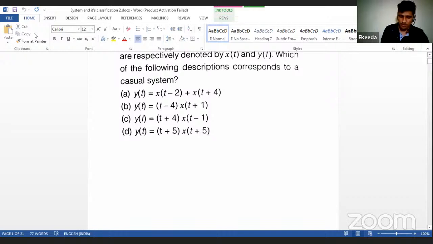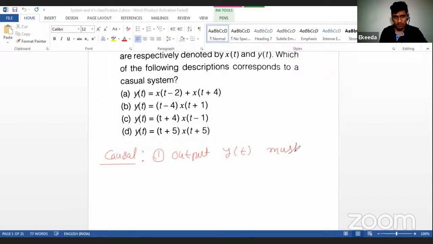So they have given an input output relationship and they are just asking which one of the following is a causal system. Okay. So for causal, I will just tell you two definitions. They will always be applicable. First is, output y(t)